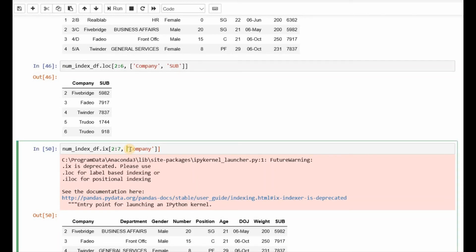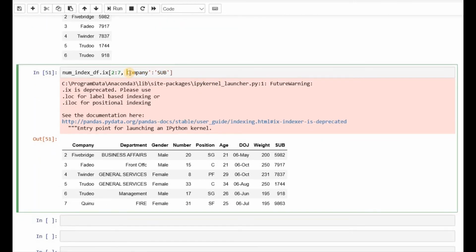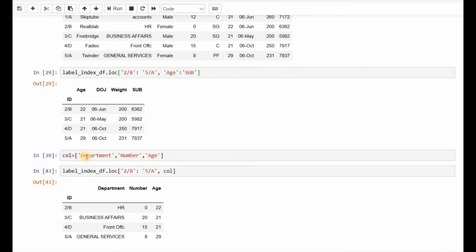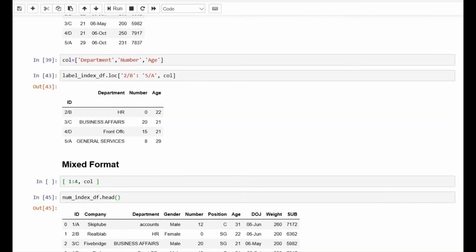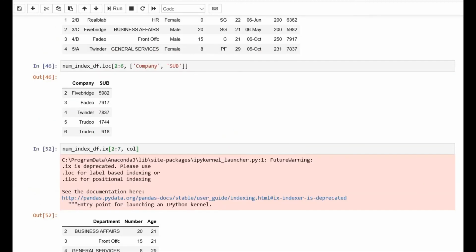And I can do it without the square brackets. If we are taking from the middle, then we can use a square bracket. Otherwise we can simply write it with a colon also, and it would extract. We can see that it has successfully extracted the data. And if we want to, we can also pass the list called col that we created. We have picked and chosen some of the columns, so we can also pass that here, and it would do its job.